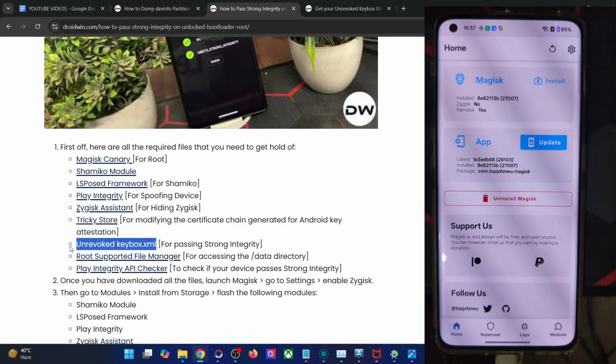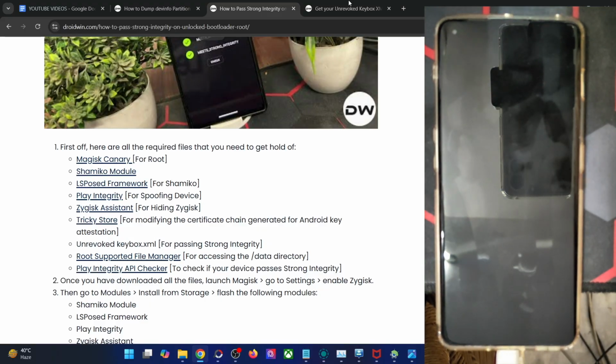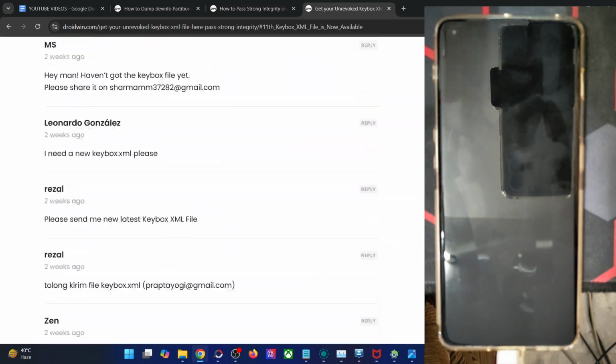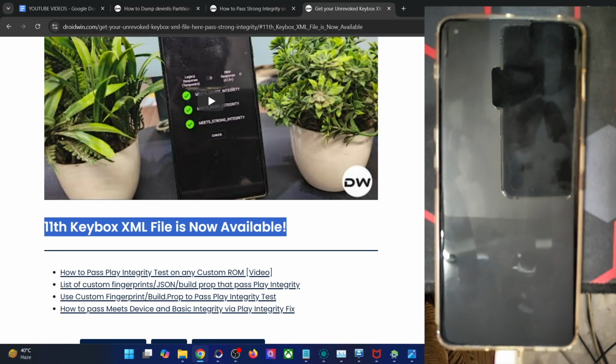As of now, I have over, I guess, 1000 requests. So in the next couple of days, I will email you all the files. You have to ask for the file in this guide. This is the guide. So drop in the request in this guide's comment section, and then I will mail you the file. Keep in mind that over 1000 requests are pending, so it might take some time.